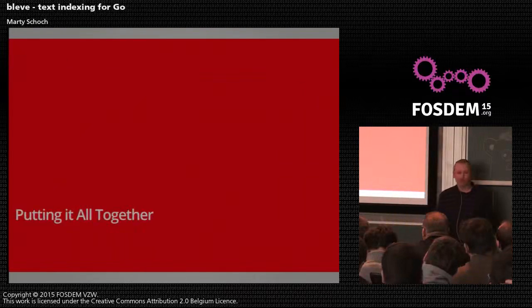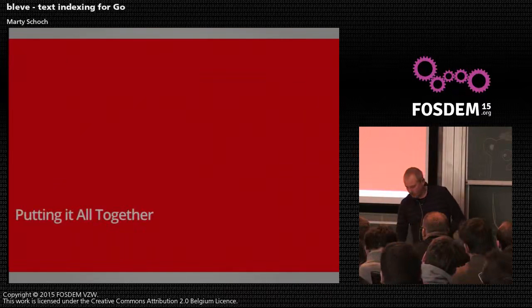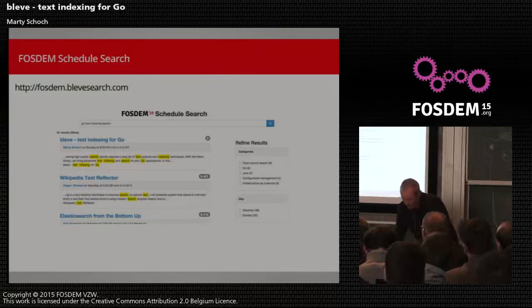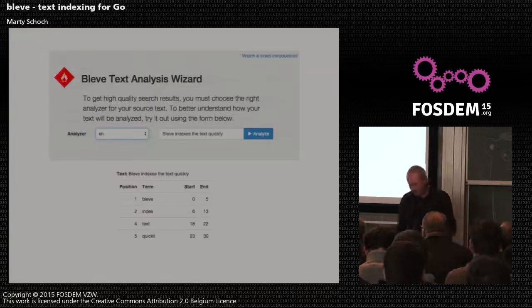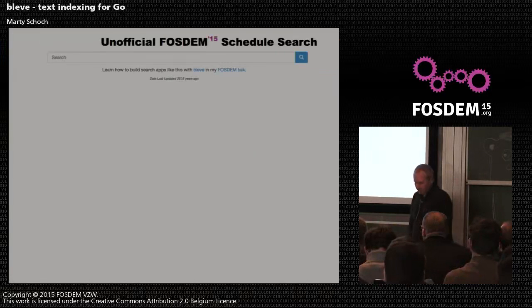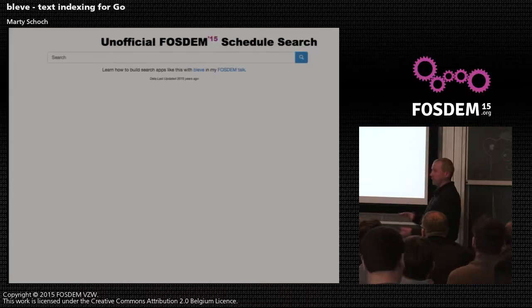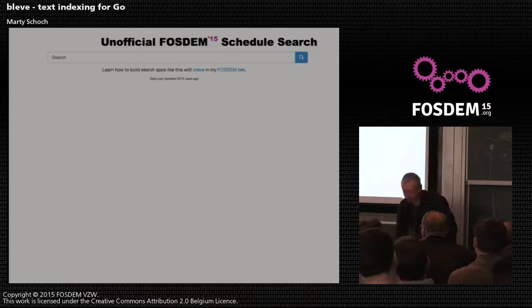So what if we put all this together? What kind of things can we actually build? This is really the end goal of about a day's worth of work. And this is really, jump to the right tab. This is really all UI work. And it mainly took a day because I'm not that good at front-end stuff. So this is like an AngularJS app. It's using the HTTP APIs behind the scenes, and it's using the full data set that we've seen earlier.